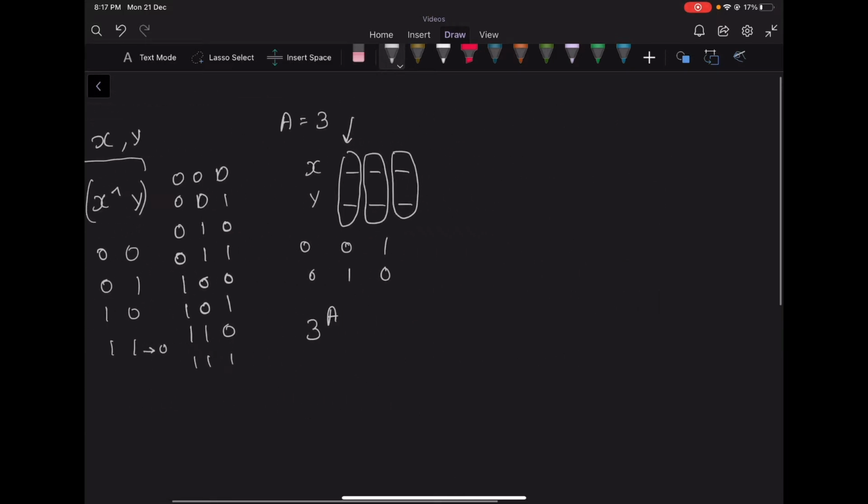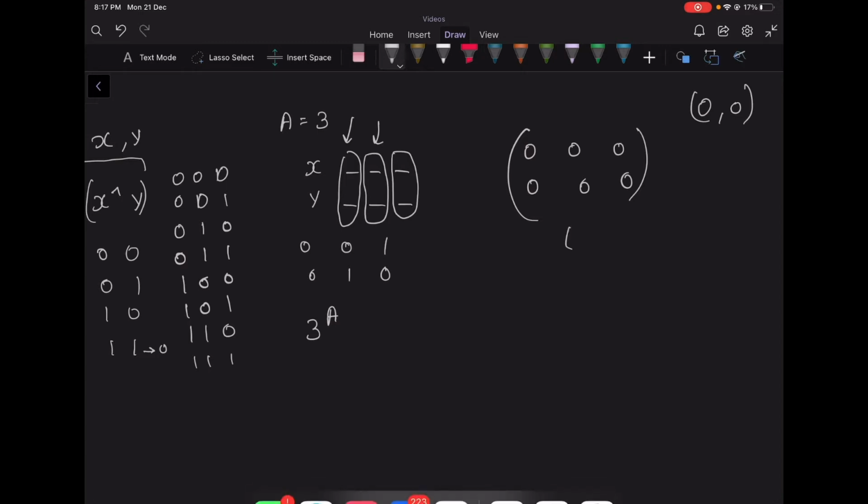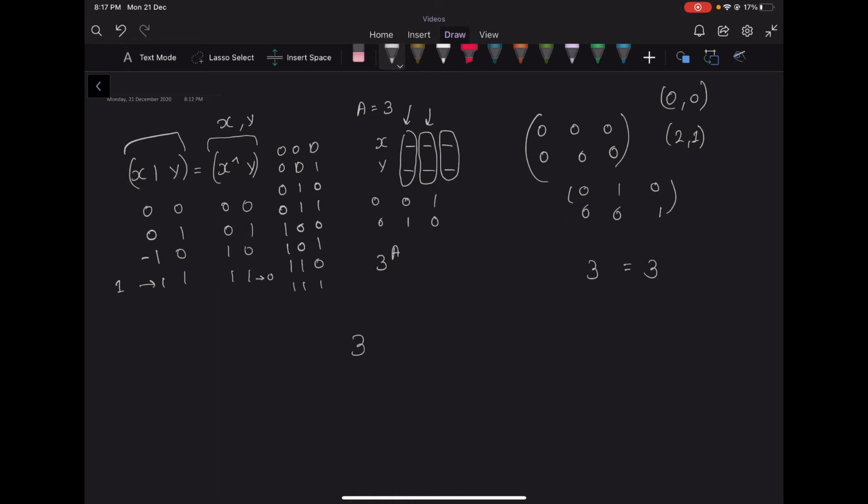So for example, in this case, we can have the first bit 0 in both numbers, the second bit 0 in both, and the third bit 0 in both. So this will be a valid pair, that is (0, 0) will be a valid pair. We could have other cases as well. Let's say we take 0 0 first, then we take 1 0, and then we take 0 1. So we will see that this corresponds to (2, 1), and you can see that the bitwise OR of 2 and 1 will be 3 and the bitwise XOR of 2 and 1 is also 3. So they are equal. So we can say that our final answer is 3 raised to a.